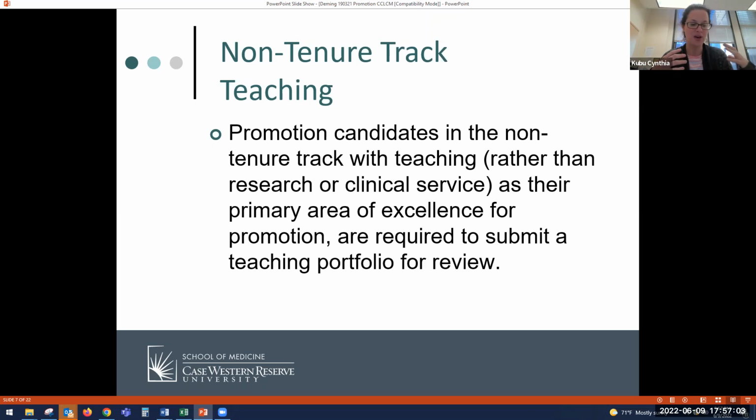So if the first piece is your teaching philosophy, you're taking the time to talk about how you as an educator approach your learners, right? What works? Why do you do it the way you do? How do you incorporate feedback? What is your philosophy? It's not just, I'm a good teacher and I show up. We want something more. A thoughtful approach, a scholarly approach. What is your own professional development in education?